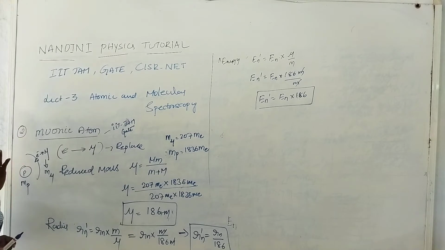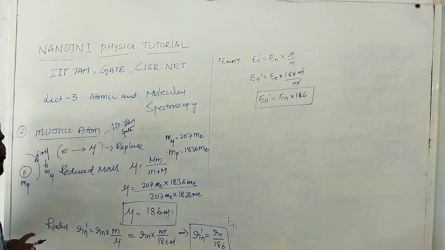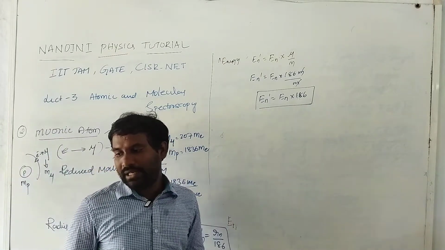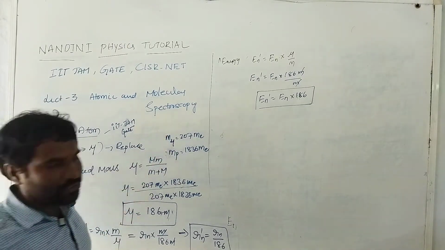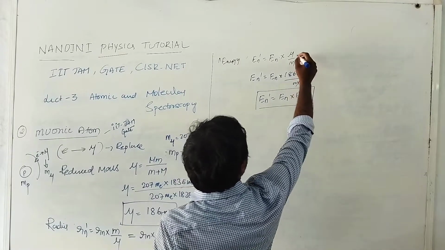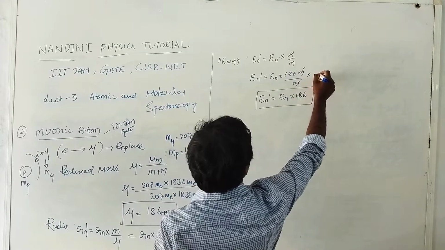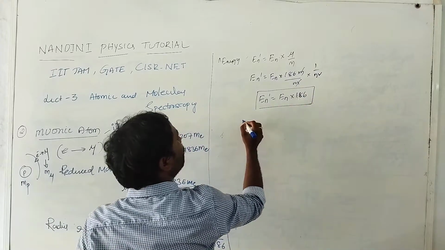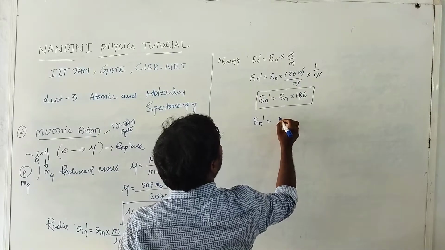Right now I implement that theory into the positron atom and the muonic atom. So I will get the new radius of the positron atom and the positron energy, and in the same way the muonic radius and muonic energy. So this is the theory, and if you calculate you will get these values. The energy is divided by n square only, because n square is not changed, and z is equal to 1 always, you will take z is equal to 1 only. So if you calculate this value, En dash is equal to what is the value?